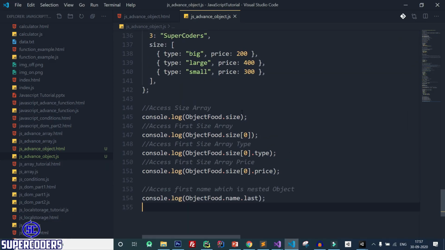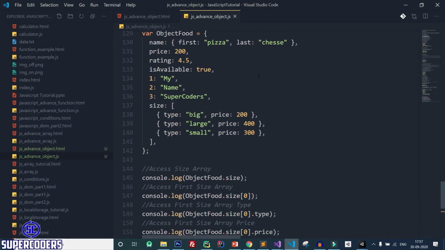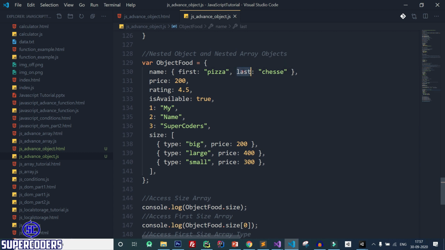So in this way you can access the nested object in a JavaScript object. Here you can see last is cheese, which is a nested object inside name: object food dot name dot last. So in this way you can use multiple objects and multiple nested objects and access the data.